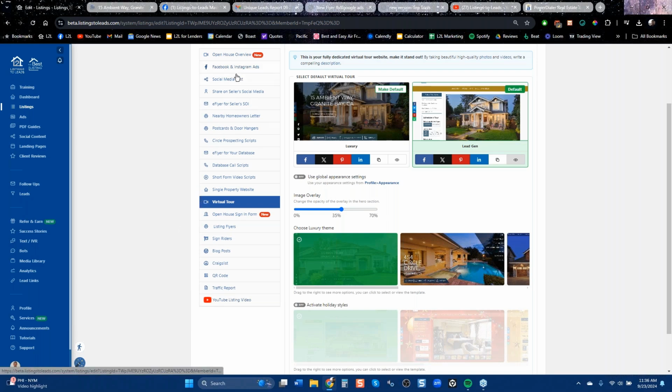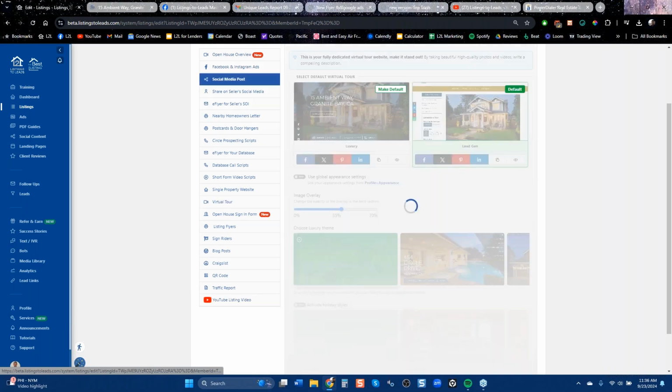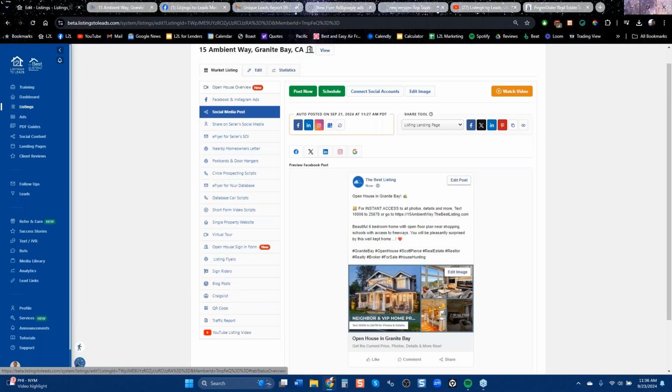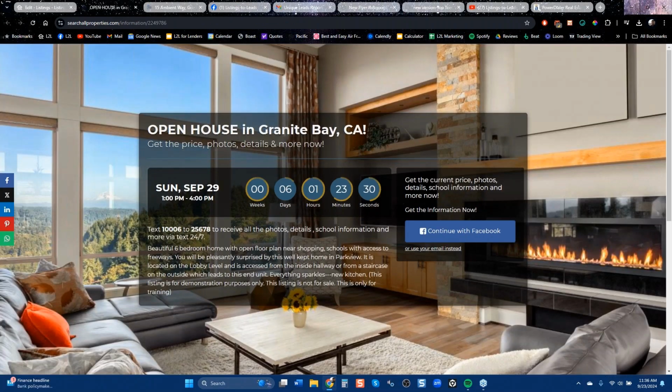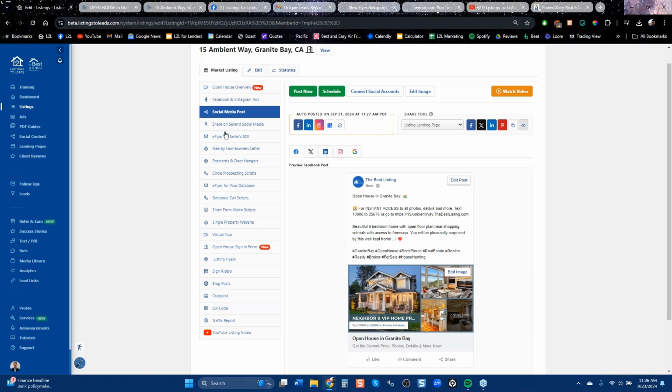Now, we auto post to seller social media. When you sign up, we auto post to your social media. You could have 10 or 12 different pages on social media, and we would auto post to all of them. It would look like this. If somebody clicked on it, we would have this landing page behind it. And if anybody clicks on continue as Facebook, that blue button, we're going to grab their name and email it to you, and drop it in your CRM if you've got that connected.